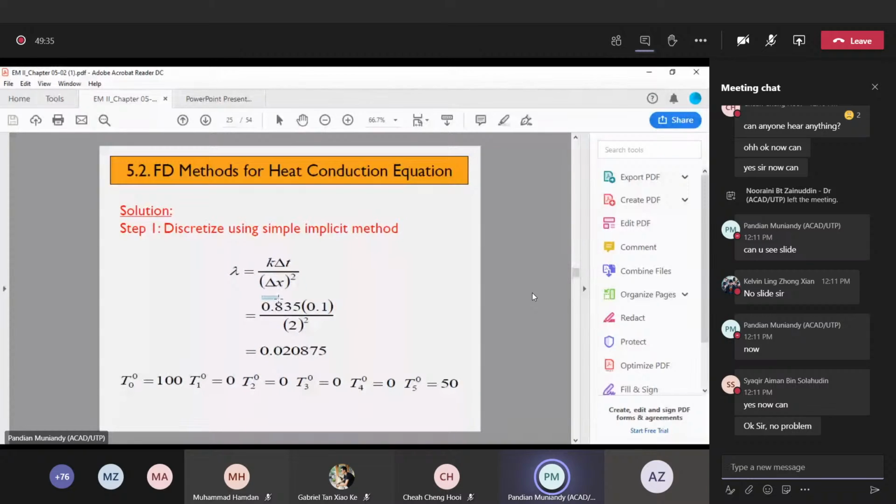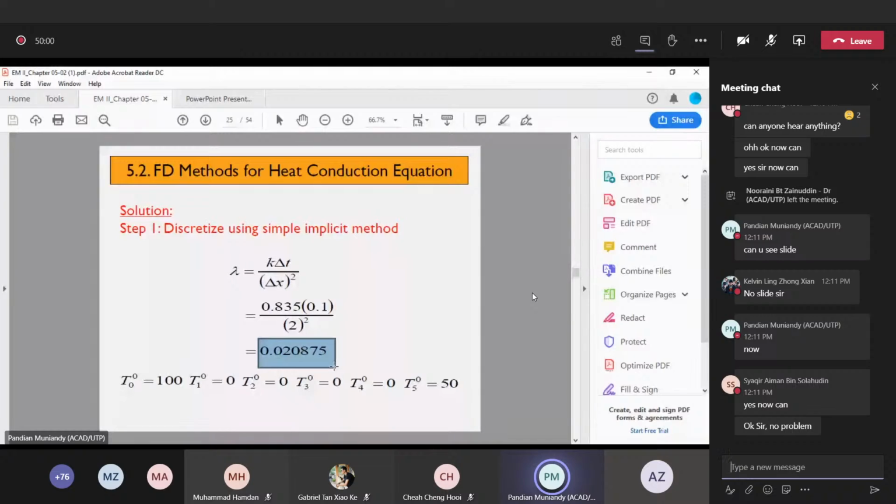Delta t maybe depends. If it's given, you use this 0.1. If it's not given, you have to find on your own. Delta x is 2. So this one is all given. If it's not given, you cannot find. That is the problem here. All must be given. So lambda, you can verify now,